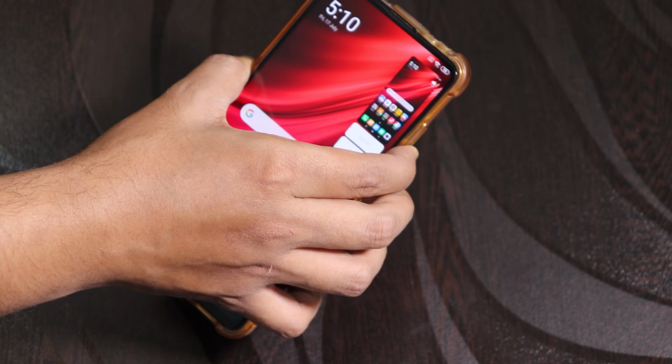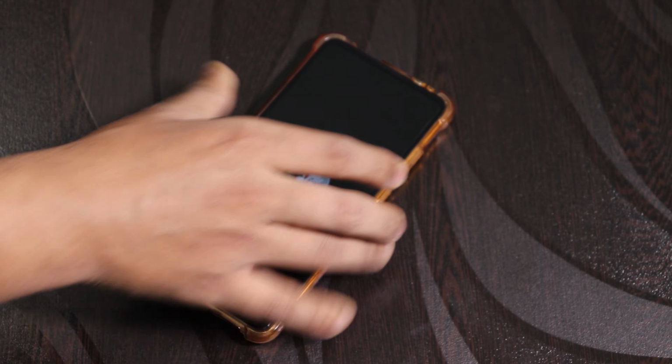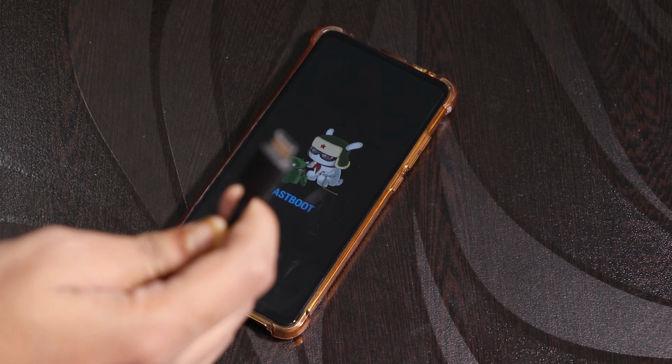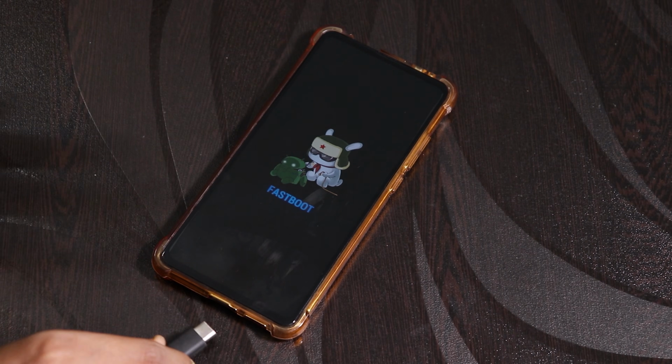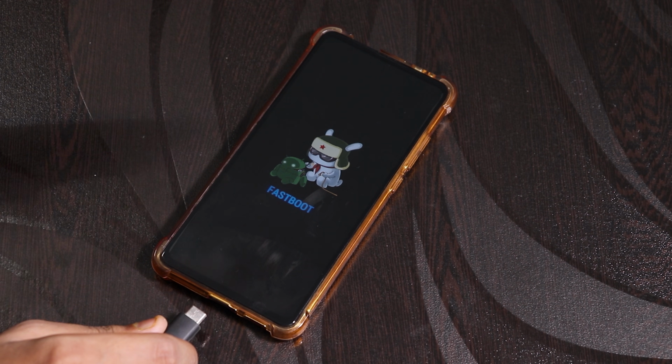Okay, it takes a screenshot, that's fine. So as you can see, it has booted successfully into the fastboot mode. Right now, we need to connect the USB cable again over here. At this point, if you have any files over there, make sure you have completely backed it up to a